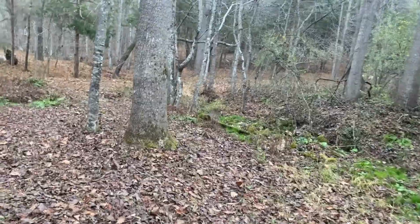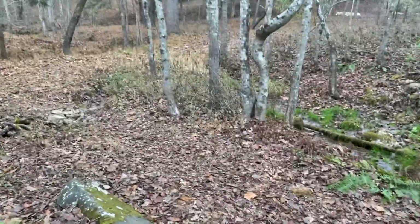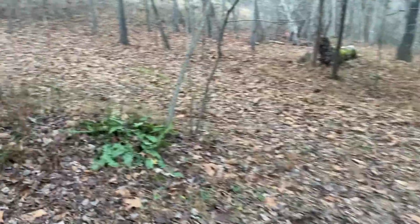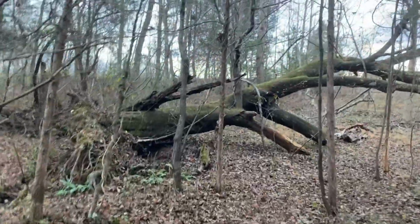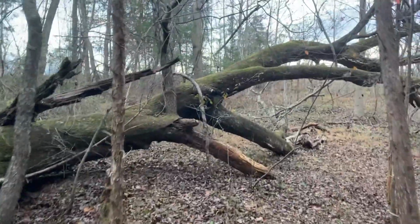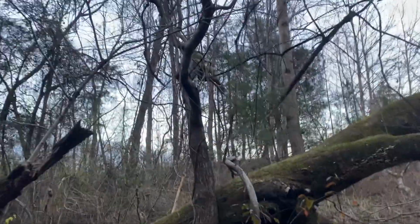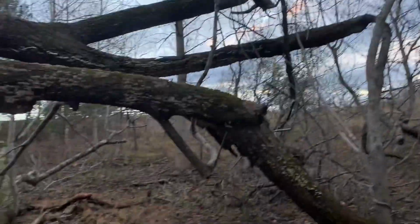Anyway, yeah, this is what I did the other day. I cleared this little area because I thought it was kind of cool. I made this path here to go on the other side of this tree. This is bad. See, this tree fell. It looks like it's a sycamore tree, and it's just growing. I mean, it's wild. This thing is thriving. I mean, it's not just alive. I mean, it's doing freaking awesome. All these branches are growing off of it, and